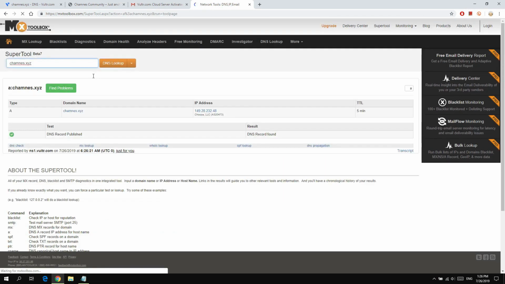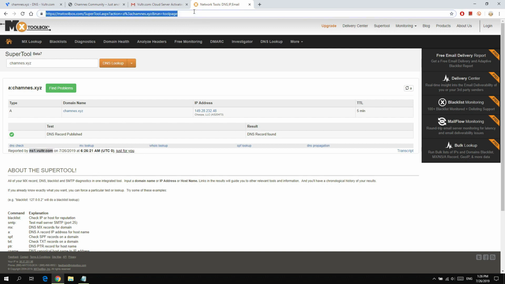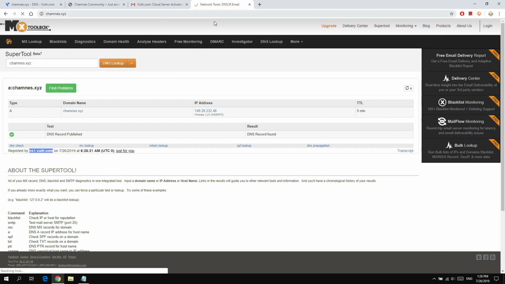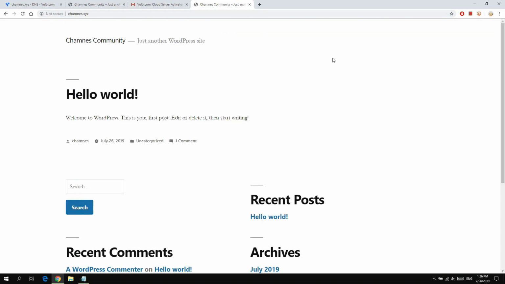of the domain name. As shown on the screen, I have an A record pointing to the IP address of my VPS instance. What's more, over here, the DNS record was reported by Vultr name servers. Everything appears to be working correctly. In the address bar of the browser, I input jomnest.advice, then hit enter to access the WordPress site. Bingo! The WordPress site is now serving under the